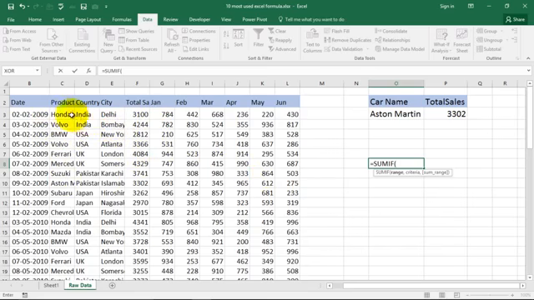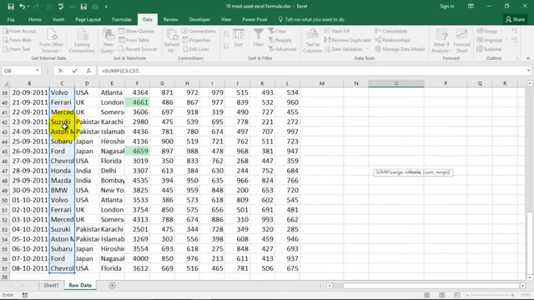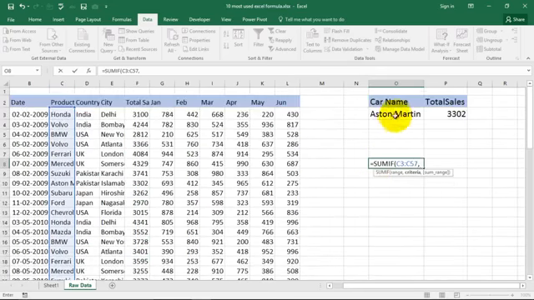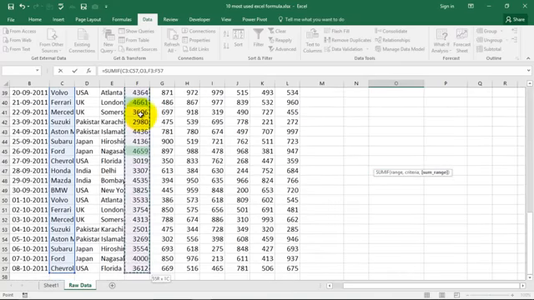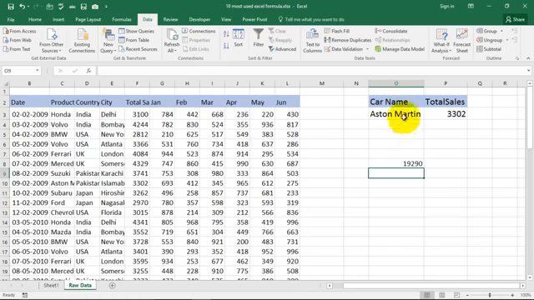So what will I do? I'll select this area, this range. This range is the one which contains the criteria, and then I can have my criteria mentioned over here. This can be my criteria, or I can even type it in, comma, sum range. Which range do we want to total up? This is the range that we want to total up. I selected it, and now I'll close my bracket, press enter, and for Aston Martin, the result is the total sum is